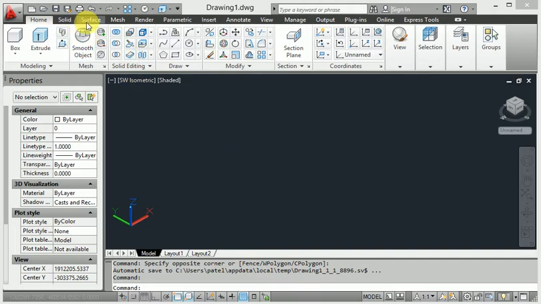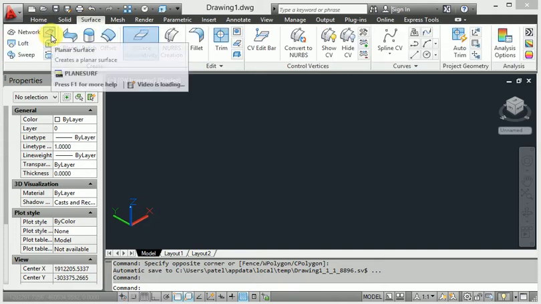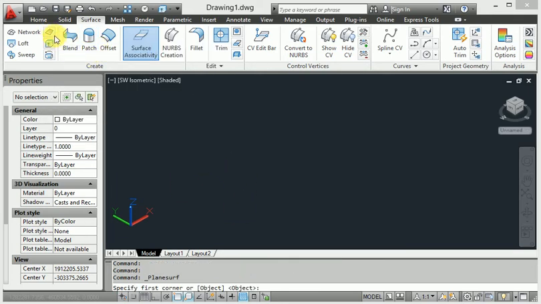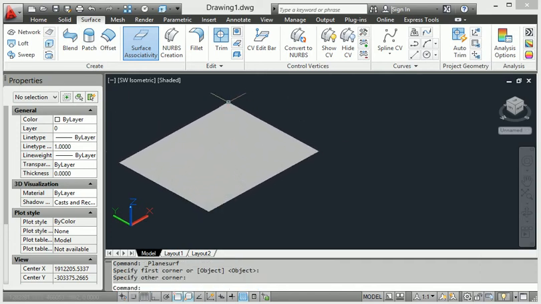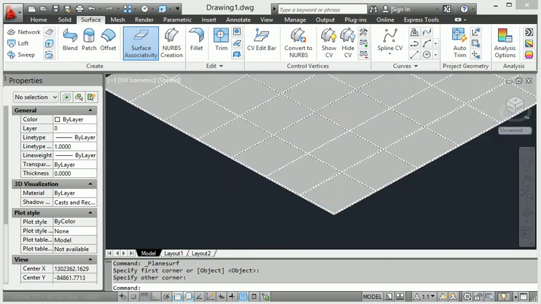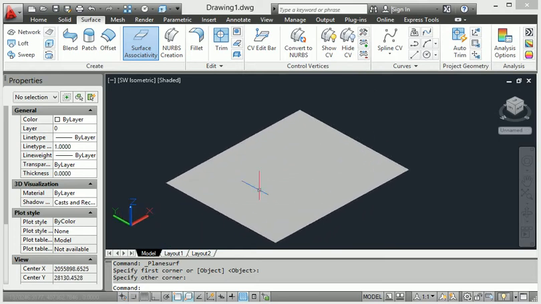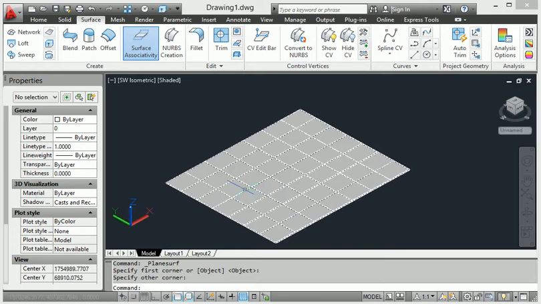First of all, I create a surface with the surface command. When I go to surface, this is the surface planar. When I select surface planar, look at this, I click the surface planar and start from this one, and this is a simple surface. It has negligible thickness; it is not counted right now.